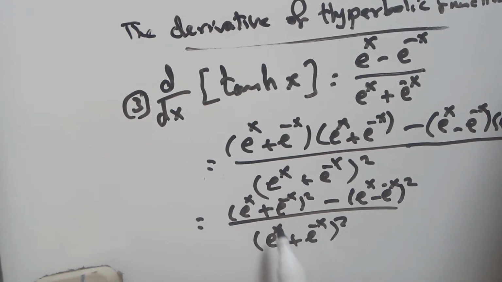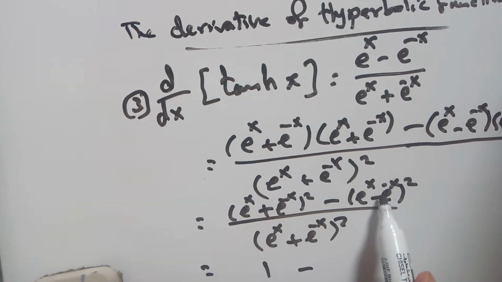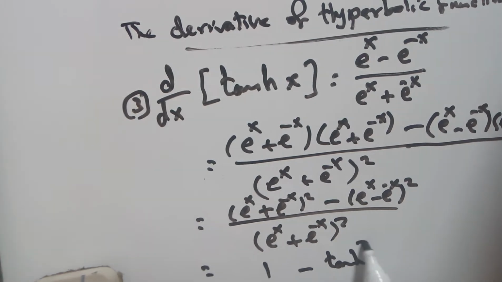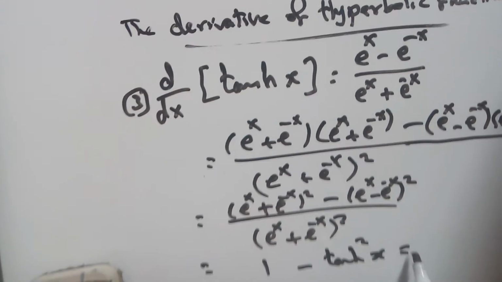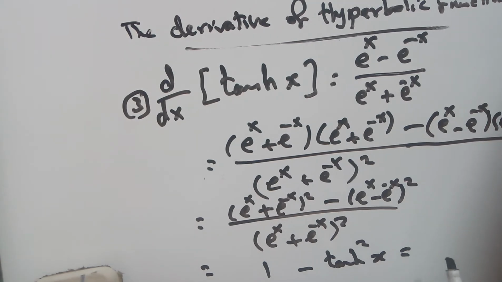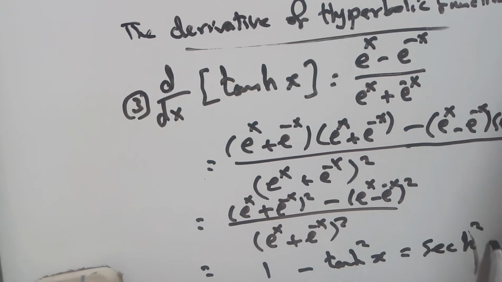And I think now it is 1 minus this over this, which is hyperbolic tangent x squared. Then 1 minus hyperbolic tangent squared x is hyperbolic secant squared x. This is an identity for the hyperbolic functions. Or you can say